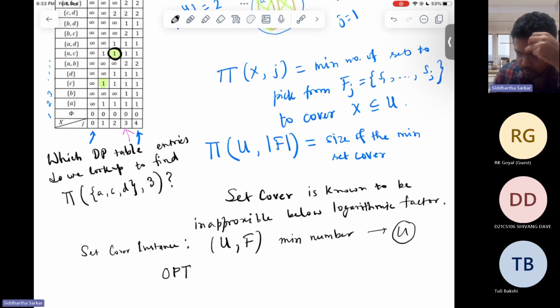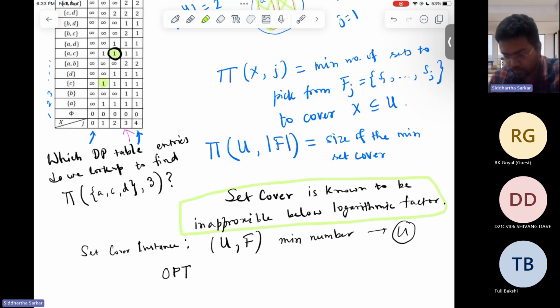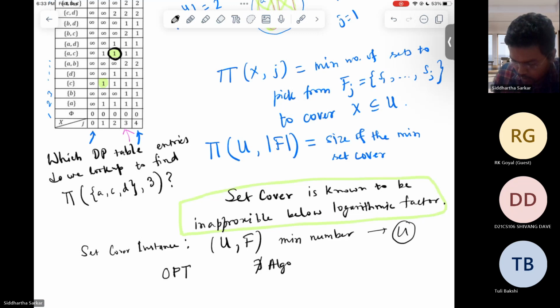The statement that set cover is inapproximable below a logarithmic factor says that there cannot exist an algorithm A such that the solution sol output by A